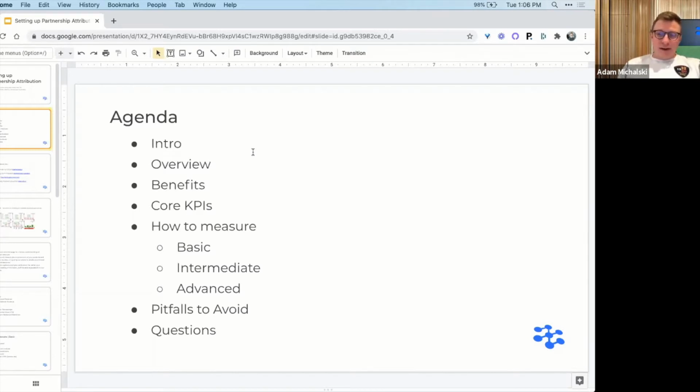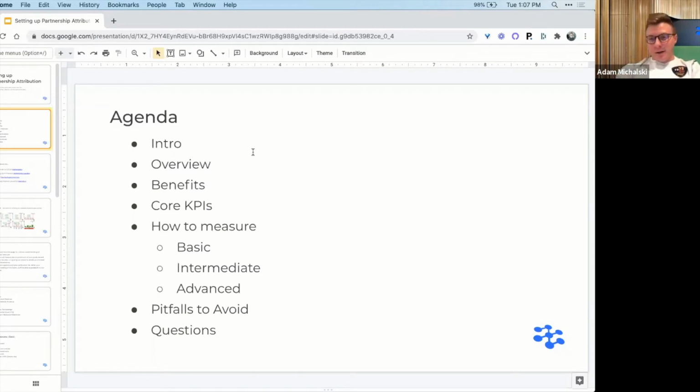How to measure, and I kind of broke this out into a crawl, walk, run approach, if you will. Really more along the lines of, okay, what's a basic setup that you can do very quickly if you guys aren't tracking anything today? What's more of an intermediate setup where you can use awesome tools like Kiflow, for example, to go ahead and actually start tracking everything. Plug for Steven here. There's other PRMs that we'll cover as well.